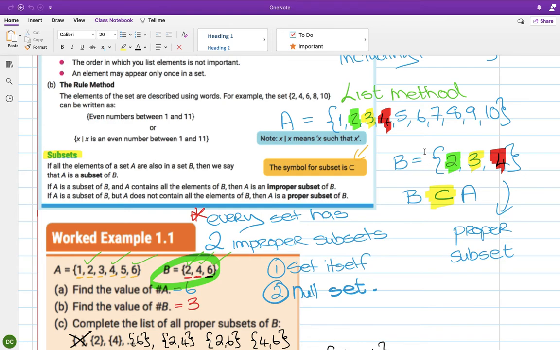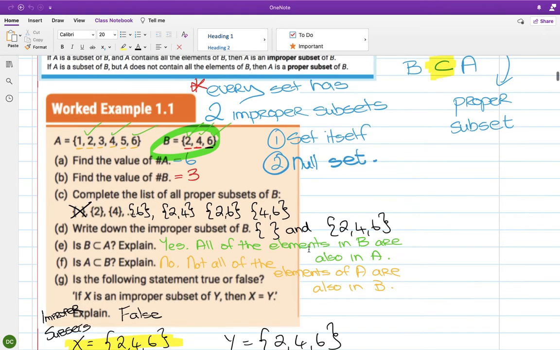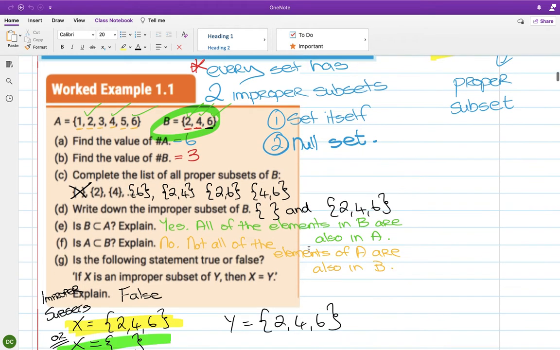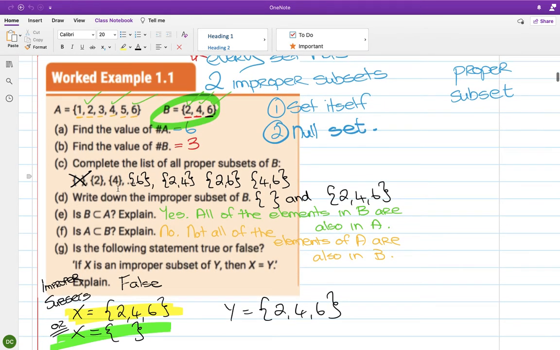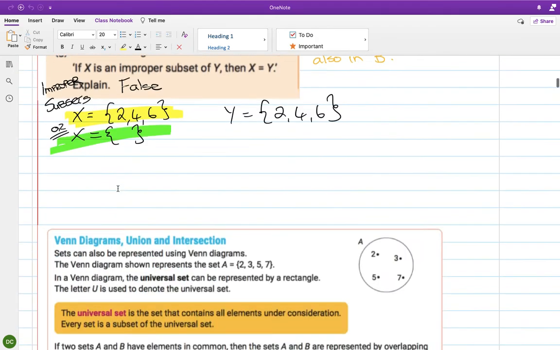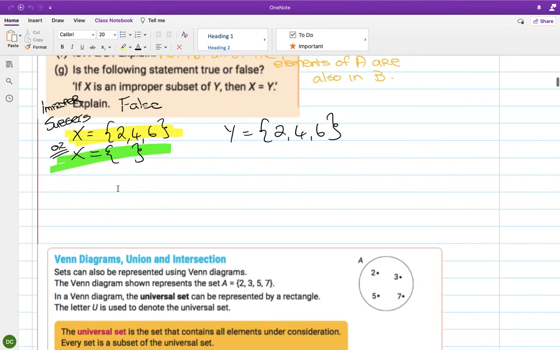Okay. And if A contains all the elements of B, then A is an improper subset. Okay. I'm going to double check the whole improper subset thing for you just so that we have clarity. And then I just did a little bit of an example to kind of reinforce some of those ideas. So